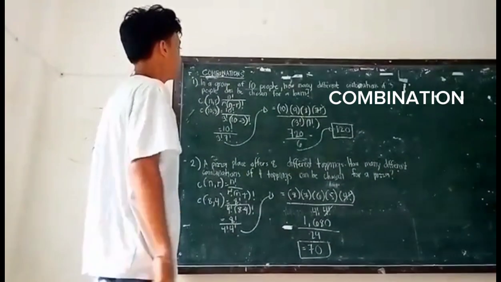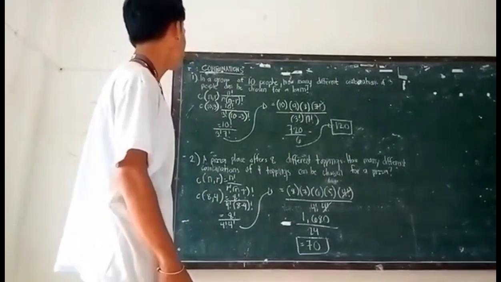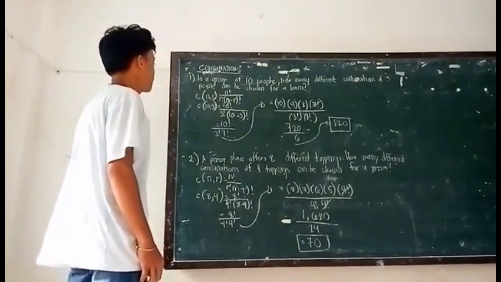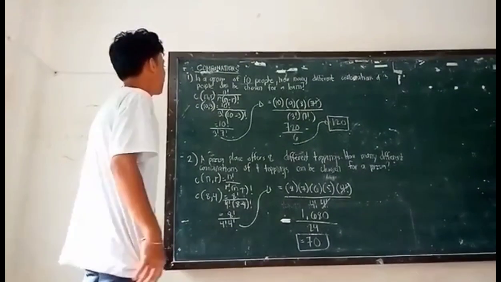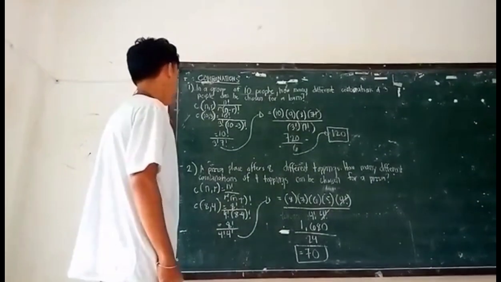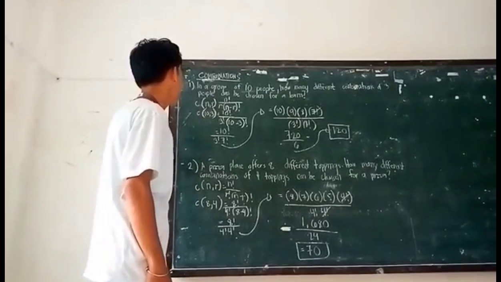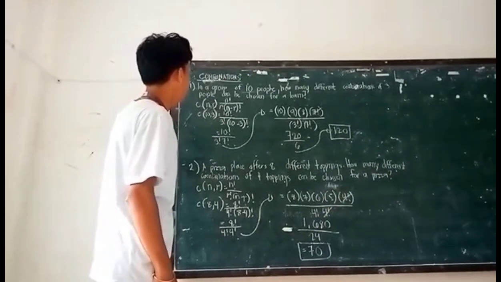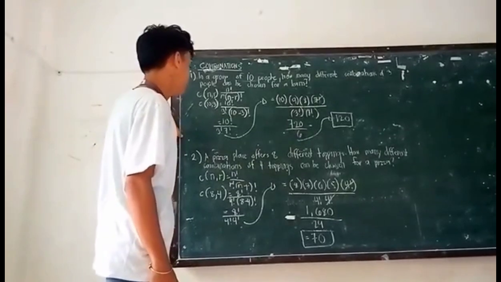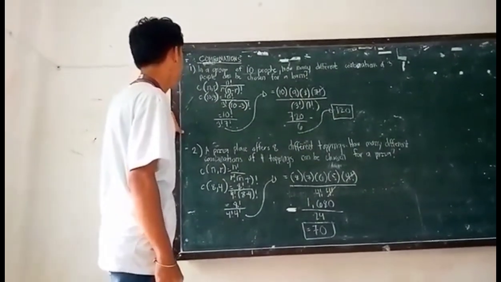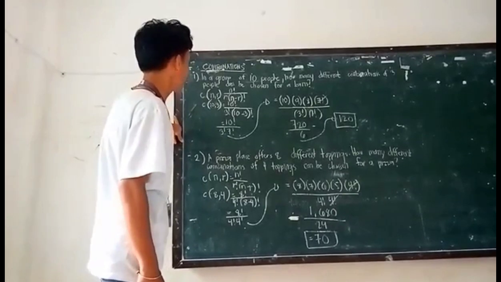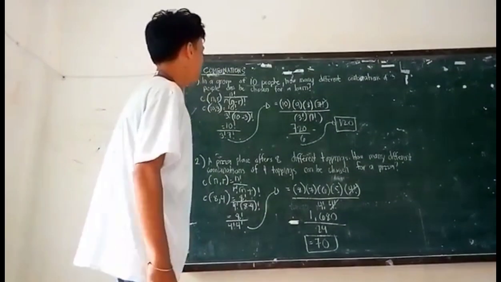Combination. In a group of 10 people, how many different combinations of 3 people can be chosen for a team? Combination C(n, r) equals n factorial over r factorial times (n minus r) factorial. C(10, 3) equals 10 factorial over 3 factorial times (10 minus 3) factorial, equals 10 factorial over 3 factorial and 7 factorial equals